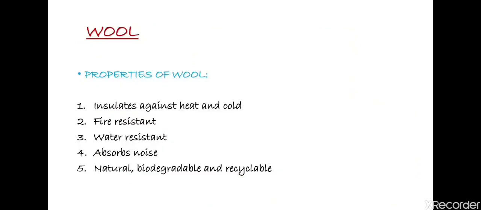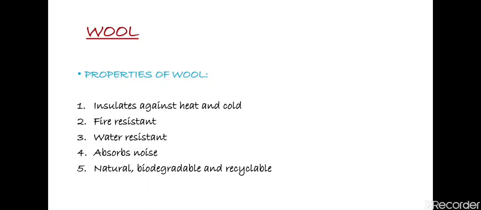So firstly we will discuss your wool fiber. Wool, as I told you earlier also, is a fine soft hair that forms a coat on the animal's body. Fine. And this coat of wool is called fleece. And what is the function of this fleece? It insulates the animal's body from cold in winters. And here we have some of the properties of wool, because of which wool is widely used all over the country, all over the world.